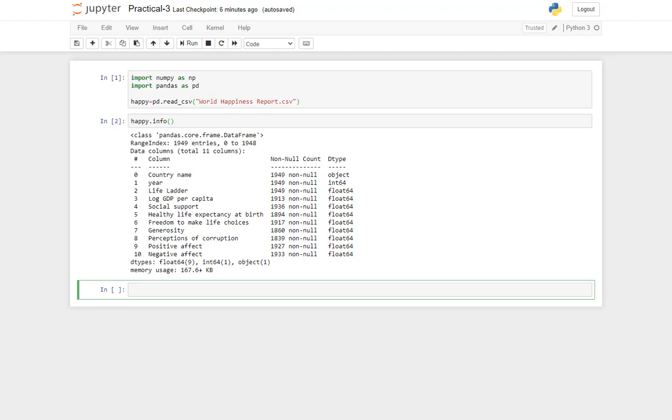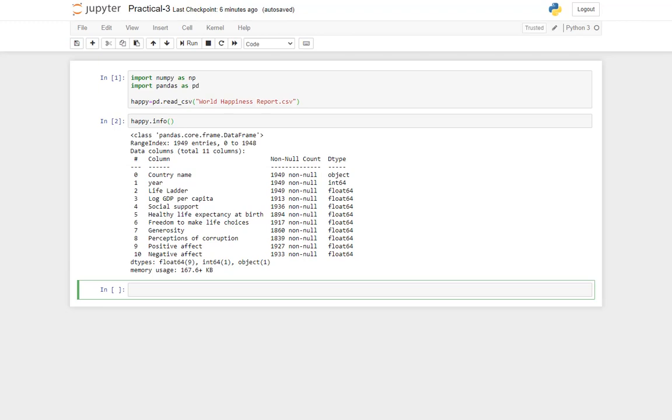Now let us look. This info is similar to the describe table which we had in DBMS, if you recollect. Describe table, wherein we used to get all the names of the columns, whether it is a primary key or not, whether any default value is inserted or not, and what the data types of that particular column were. So this .info is similar to the describe function of DBMS.